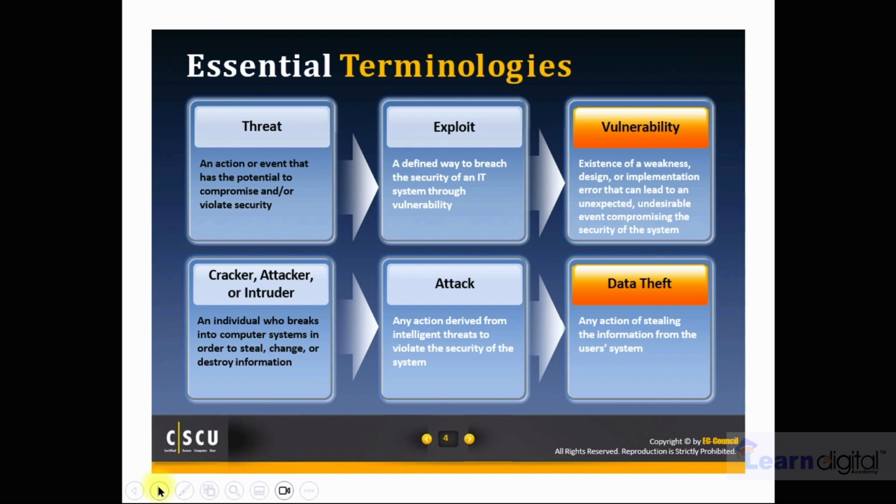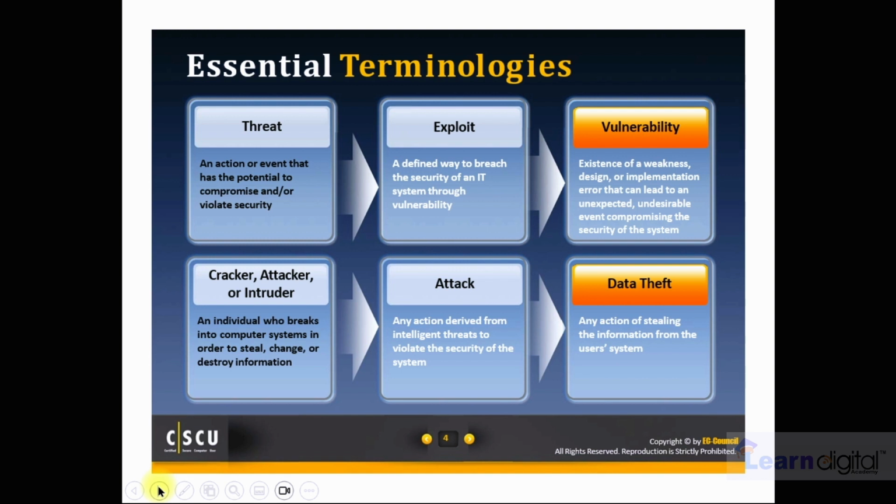Then exploit is defined as a way to breach the security of an IT system through a vulnerability. And a vulnerability is the existence of a weakness, design, or implementation error that can lead to an unexpected, undesirable event compromising the